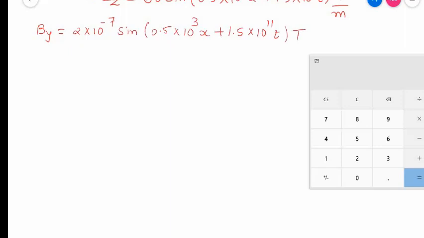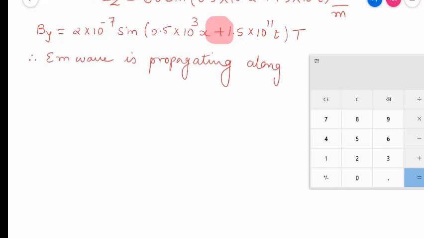So here you can see that a plus sign is given, that is sine (kx plus omega t), and we have seen that if there is a plus sign then the wave must be propagating along the negative x-axis. So therefore we can say that the electromagnetic wave is propagating along the negative x-axis